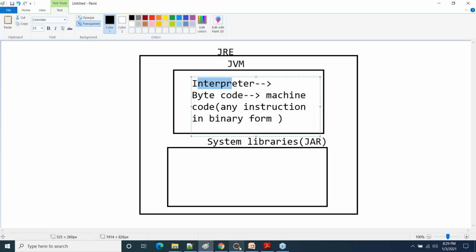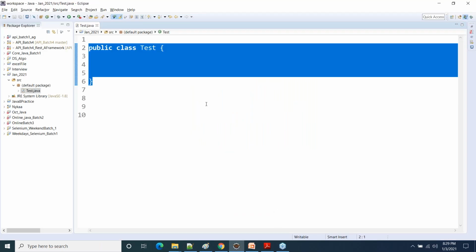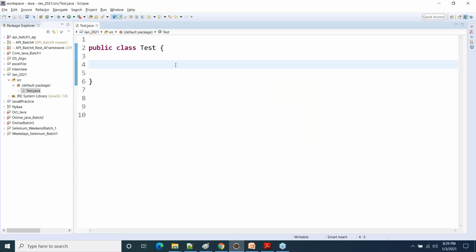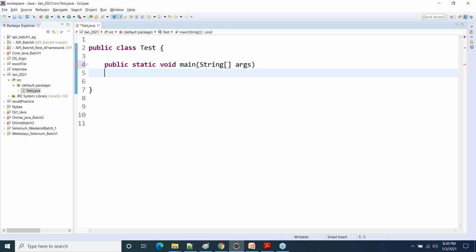Cool. I hope now this is clear. So this is all about how JVM does things, and the execution can be done by JVM only when it finds the main method. The syntax of that main method must be exactly this. It should be public, static, void as the return type, main is the method name, and it accepts a String type of argument.